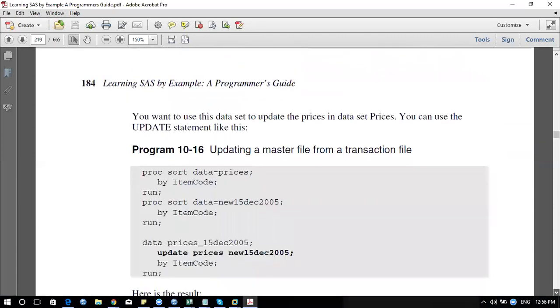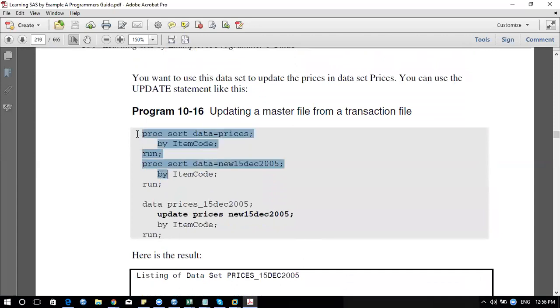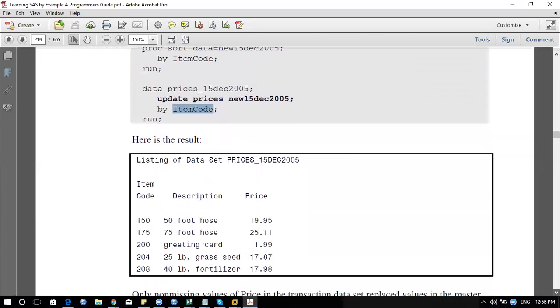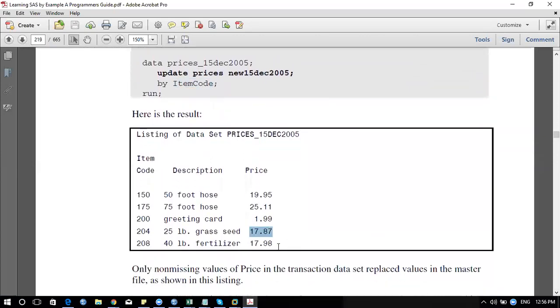So now, before the merge, you need to sort both those data sets, correct? Now what you'll do is use the update query, and specify on which data set you wanted to update information, which is your price, and which is the updated one you got. When you run this, with the help of item code, because you have details updated by item code only, the price will get updated based on that. Getting it? This is nothing but your update query.